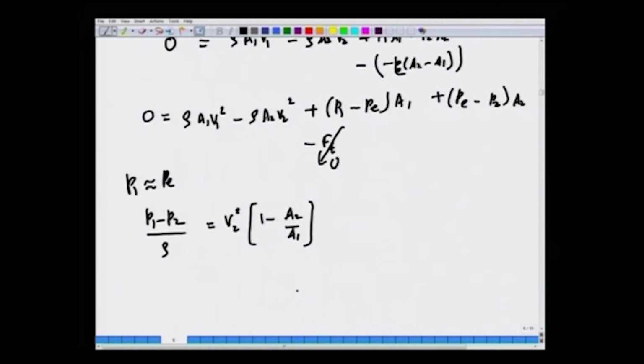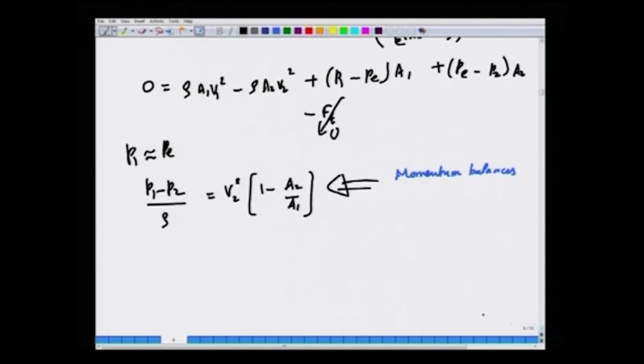Okay. This is from the momentum balance. This is what the integral momentum balance gives us, after making two assumptions: that the shear stresses are 0 and the pressure at the sudden expansion is the same as the pressure upstream. Now, if you use the integral energy balance,